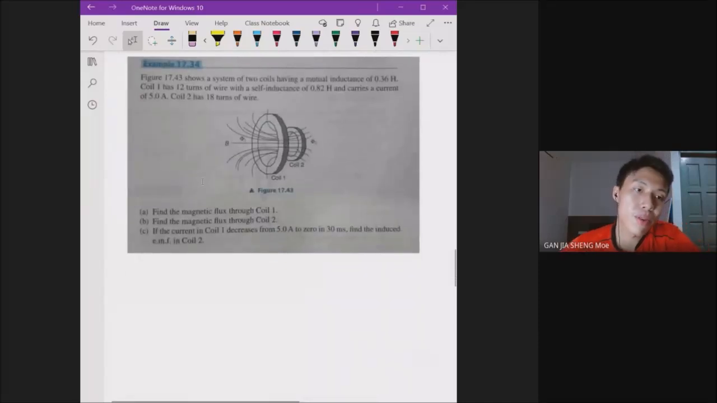Okay, this is a very simple question. You have a system of two coils having a mutual inductance of 0.36 Henry. So this system over here, the mutual inductance is 0.36 Henry. Coil 1 has 12 turns, and it has a self-inductance of 0.82 Henry and carries a current of